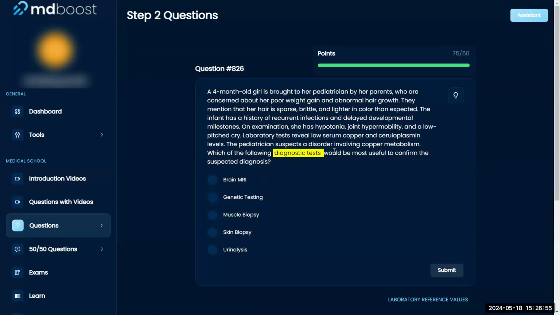Which diagnostic test would be most useful to confirm this diagnosis? Okay, so 4-year-old girl, she's brought to the pediatrician by her parents who are concerned about her poor weight gain,